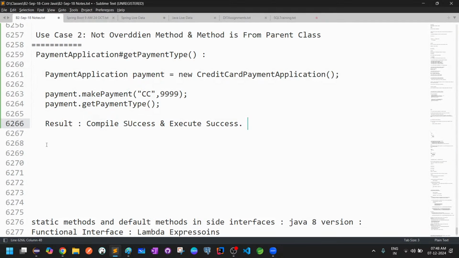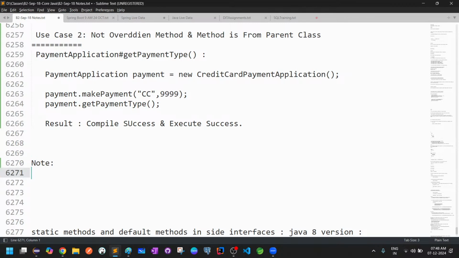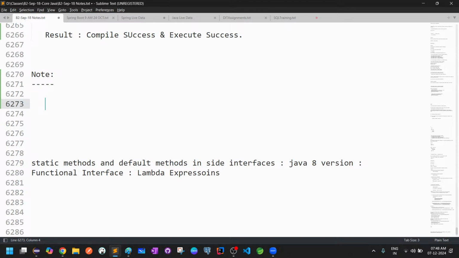So whenever you are following this principle, again some rules or notes you have to remember. When we are using the superclass holding subclass, the superclass referring to a subclass object concept, what we have to follow here is: